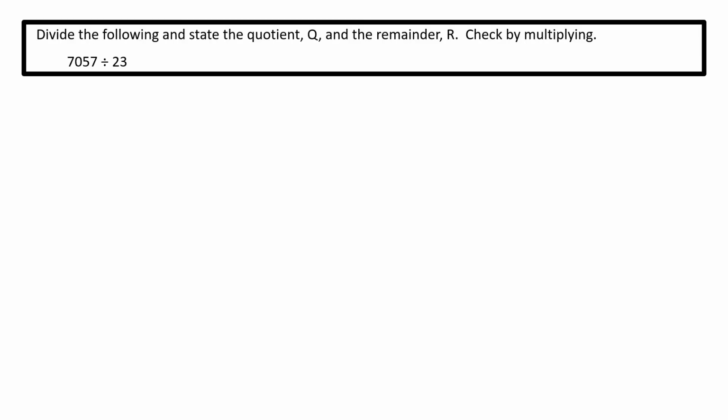Divide the following and state the quotient Q and the remainder R. Check by multiplying. 7,057 divided by 23. Before looking at how to use our calculator, let's review how to do this one by